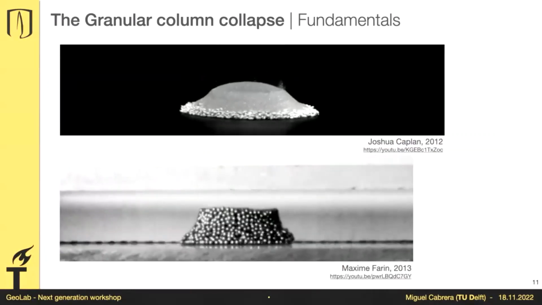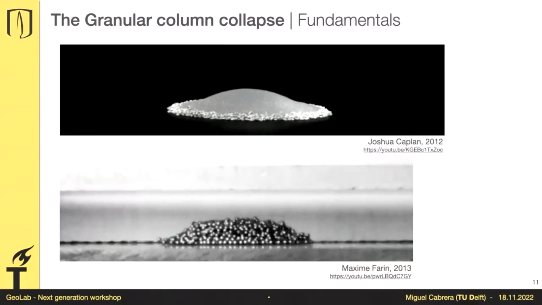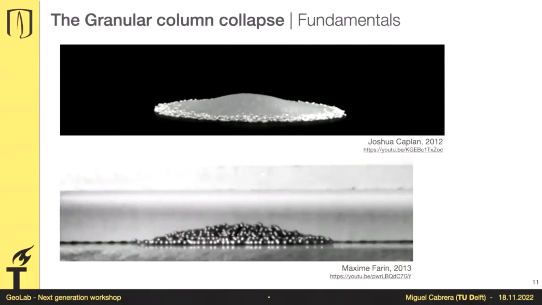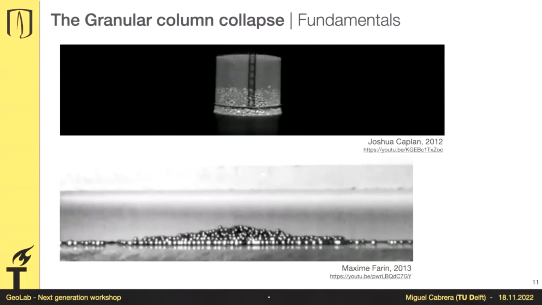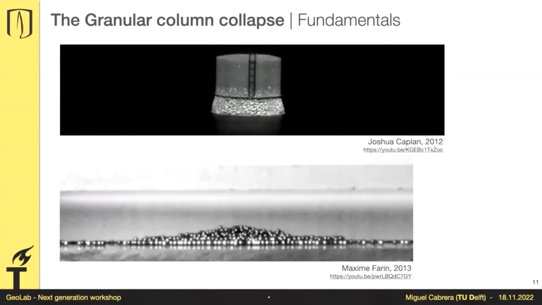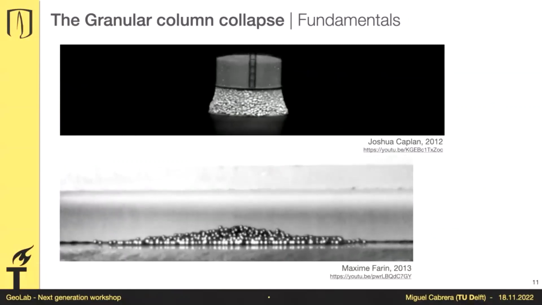This granular flow shares many similarities with landslides because, again, it has a failure plane that separates something that remains steady with something that moves. It has a series of velocities on that range where the particles that are on the surface move faster than the particles that are near the failure surface. And all that allows to explain from a very simplistic way how far a landslide would go.